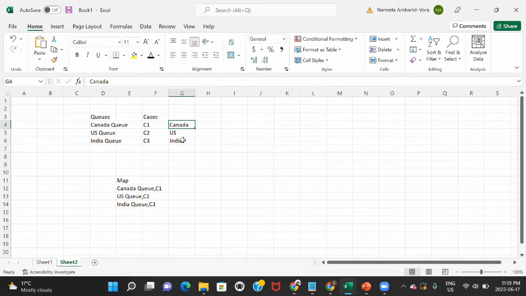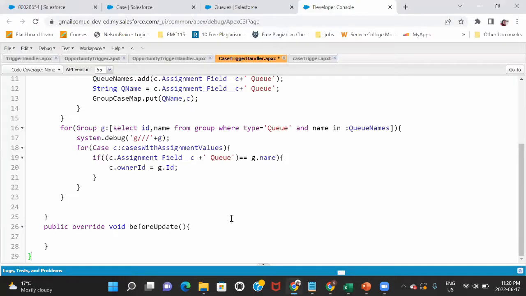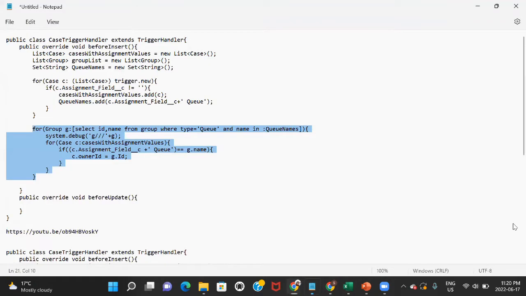If we go according to the nested for loop pattern, then we will have 9 iterations. For this group, it will go through all these 3 cases. For this group, again all 3 cases. Again for this, all 3 cases, right? So we will have 9 iterations. But if we go according to this pattern,